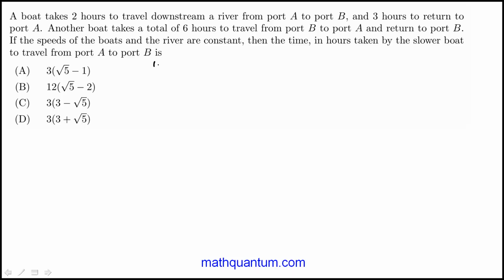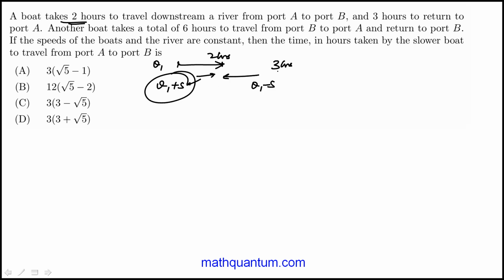So here, let me call the speed of this first boat v sub 1, and it takes 2 hours to travel downstream. In this case, it will be assisted by the stream, so the speed will be v1 plus s, where I'm calling s the speed of the stream in kilometers per hour. And then as it goes back upstream, the speed would be v1 minus s, and the boat will take 3